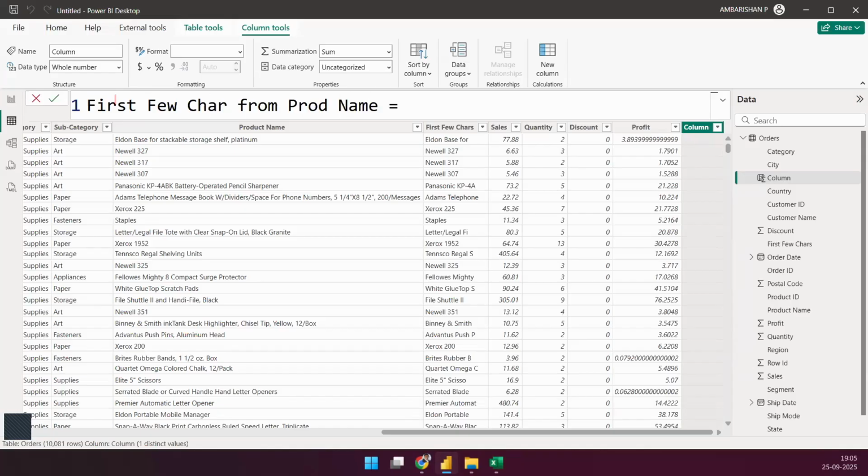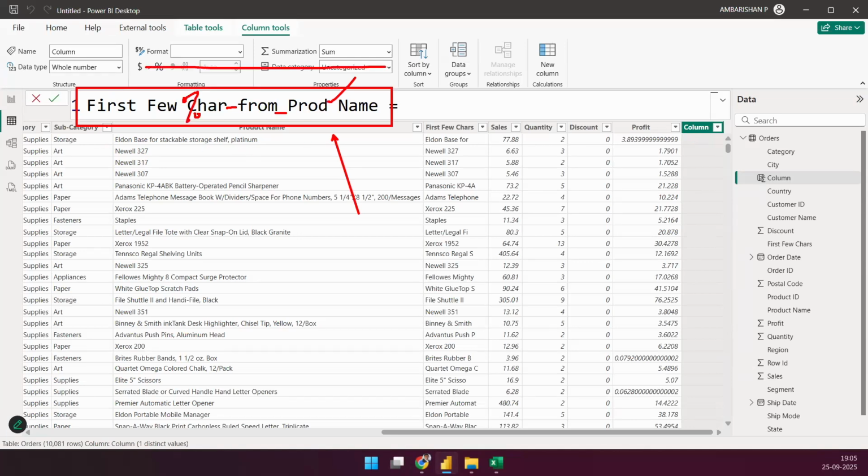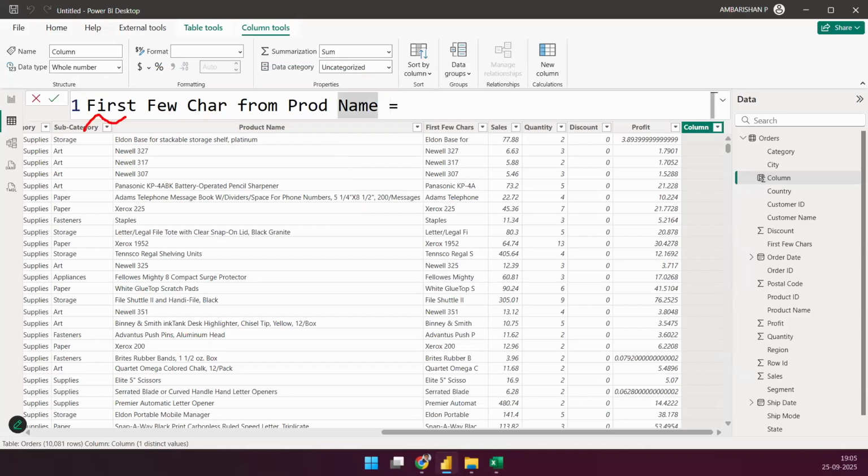I'm doing this because I wanted to show you that Power BI is very flexible with any column, measure, or table name that you give. You can have spaces in between. You can have underscores, hyphens, percentages, any sort of symbols. Doesn't matter. And you can have as lengthy and as descriptive a name as possible. That's all valid. Power BI is just going to accept all of that. It's not going to throw an error. If there is an error, you'll find a red squiggly line coming up, and that's where you have to focus on that particular detail. Okay. Clear? Good. We'll keep it short and sweet.